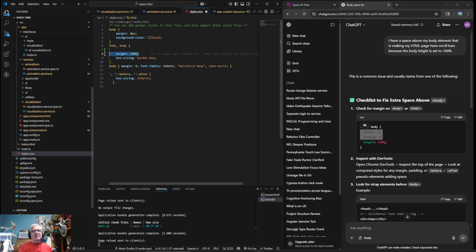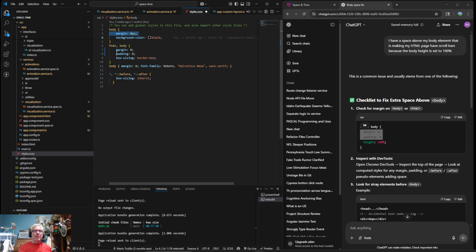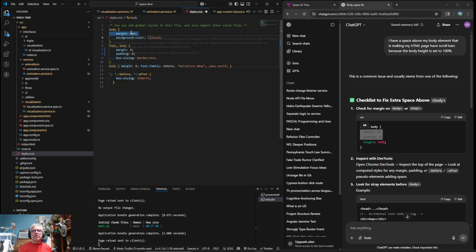And this is one of those weird things, like in that SonarCube thing I was talking about, it would just flip out. It would be like, this is an end of the world bug because you have a margin here and a margin here, especially if they were different. This margin overwrites that margin. I'm curious if I put a comment when that happened.